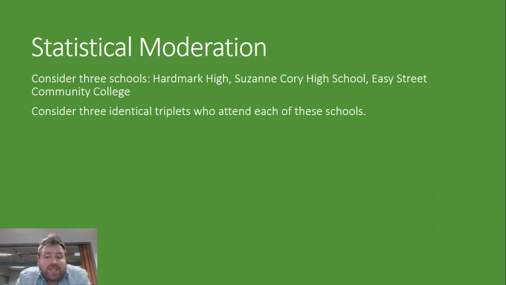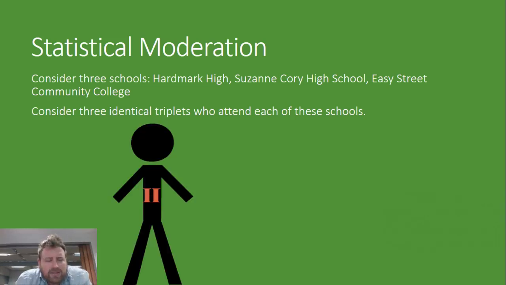So 3 different philosophies there, and you might think which is the best one, which is going to get the best mark at VCE level. So what we're going to do is consider 3 triplets who attend each of these schools, and they're all equally intelligent and equally hardworking and all that sort of thing. We're also not going to consider that these schools have different facilities and different teaching and different resources. They're all going to be the same, just the assessment's different.